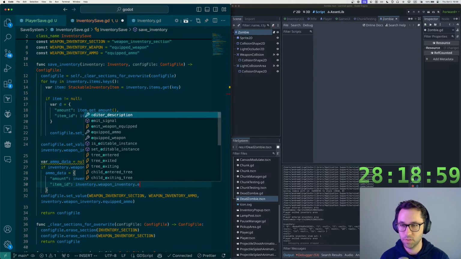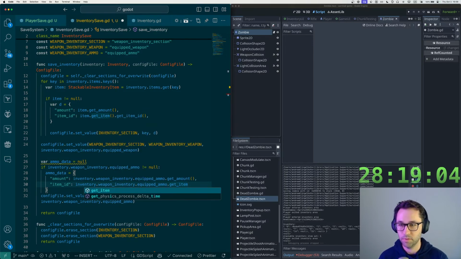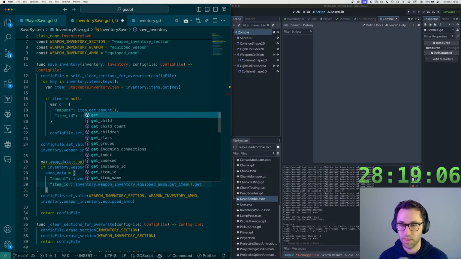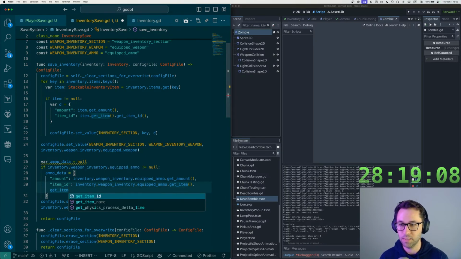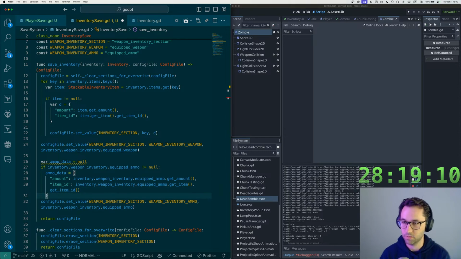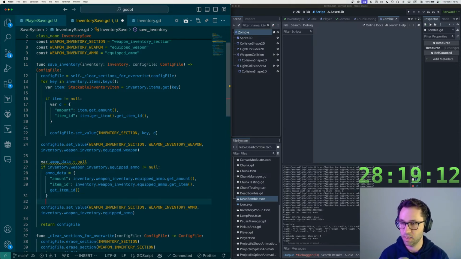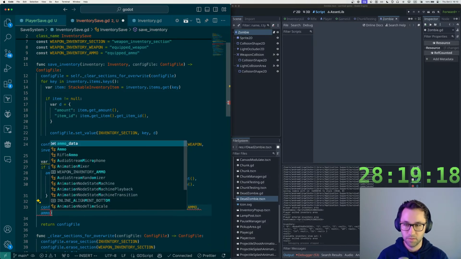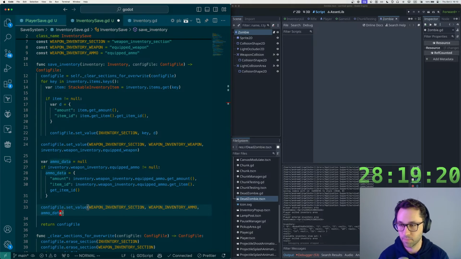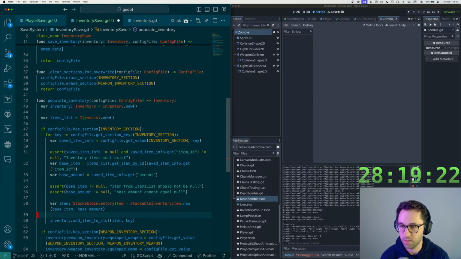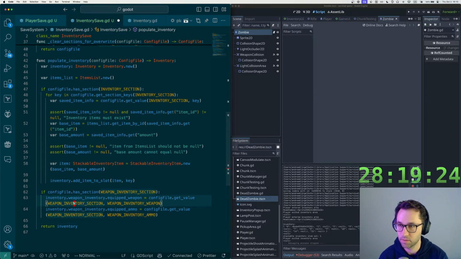Weapon inventory.equipped ammo.get item.get item ID. So that should handle that. And then we'll say, instead of setting equipped ammo, we need to set ammo data,